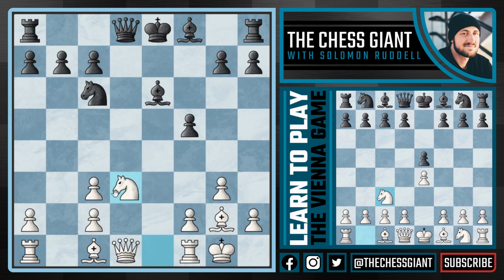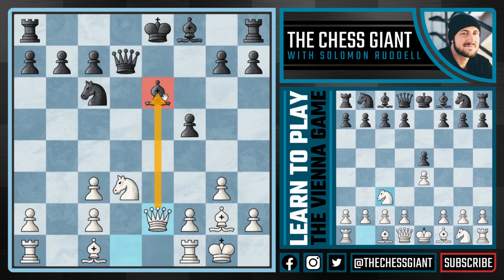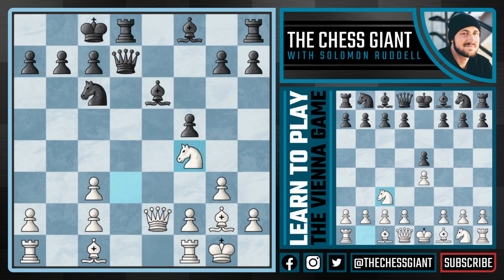Yes, this offers white double isolated pawns on c3 and c2, but I personally think that it's worth it for the attacking chances. Following queen d7, we can continue with queen to e2, attacking and pinning the bishop on e6, and following castling queenside, continue with knight f4, a very strong outpost for the knight,